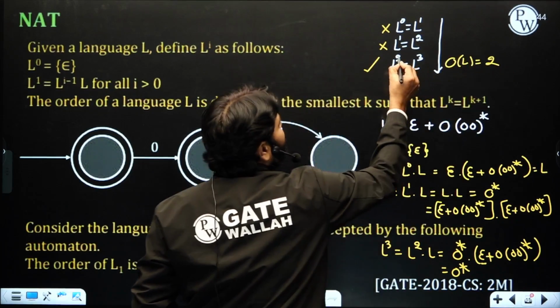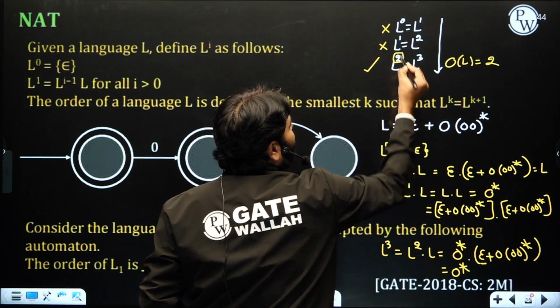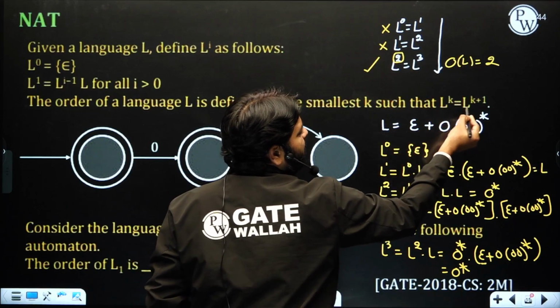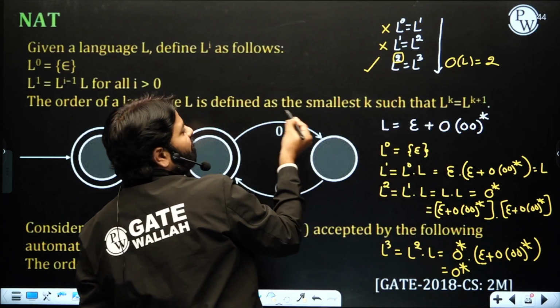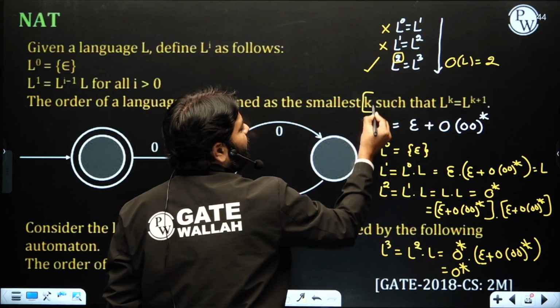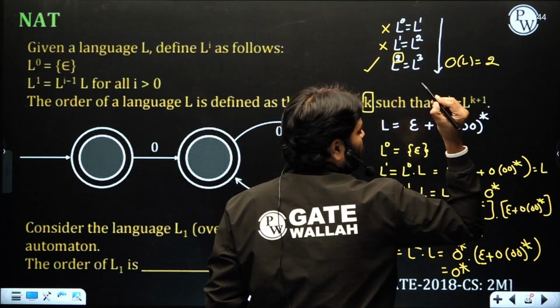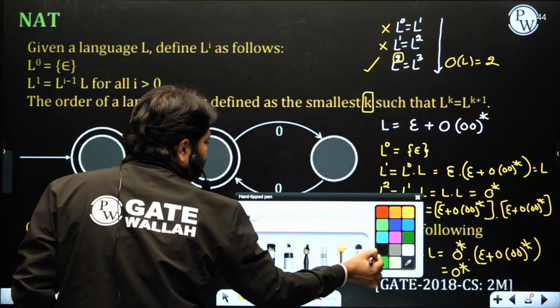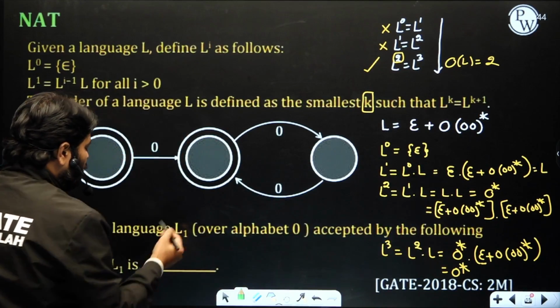As the smallest, you are going to take this 2, because if L power k is equal to L power k plus 1, then the order of L is answered as k, right? So the order of L is equal to 2. Now for this, the answer is that the order of L1 is going to be